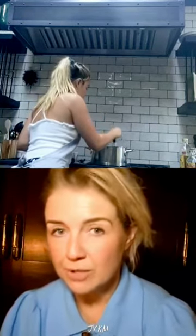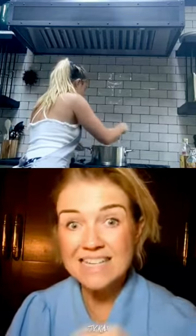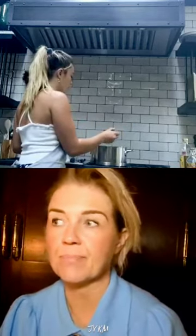Cornstarch gets a bad rap because a lot of times it ends up really starchy. But actually, if you bring it to a boil, it doesn't work unless it comes to a boil. So it'll be really starchy if you don't bring it to a boil. So you got to bring it to a boil, see the bubbles. It'll start to thicken a little bit, and then you can turn it off. Okay. So it's literally like a 30-second